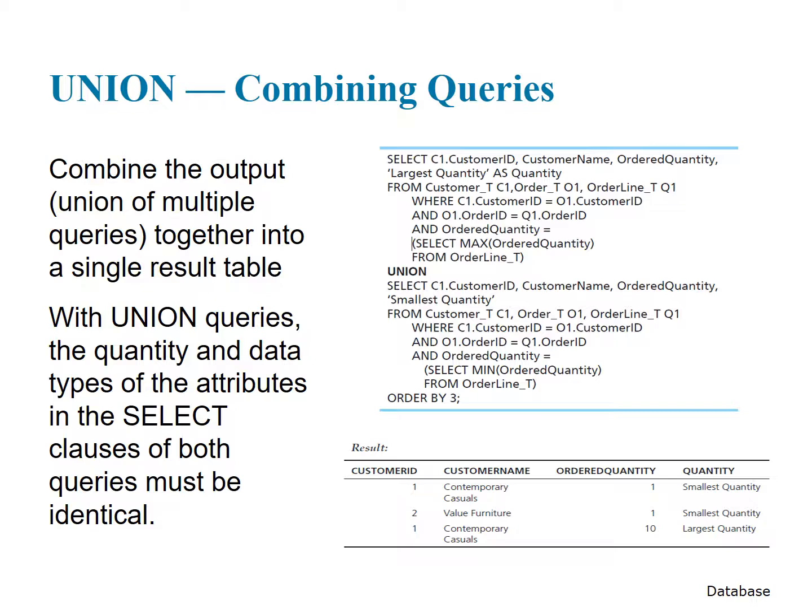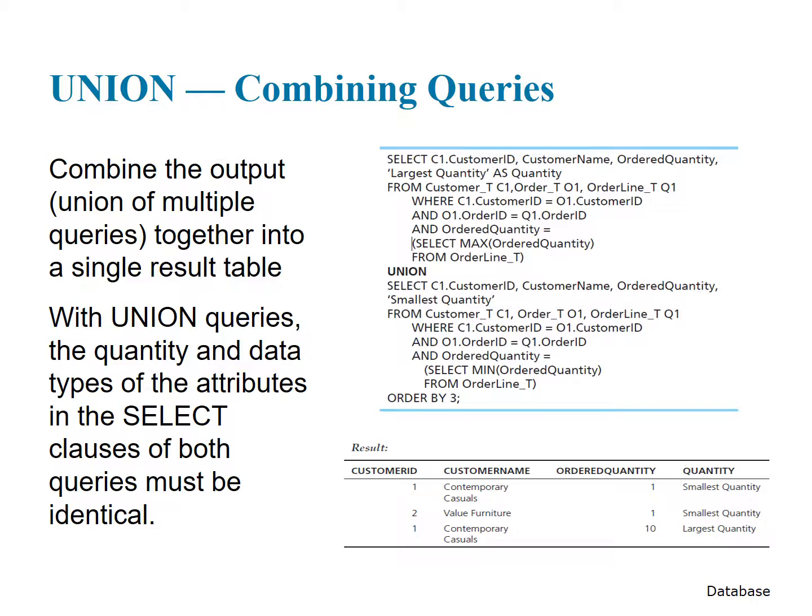Select C1.customer ID, customer name, order quantity, 'largest quantity' as quantity from customer table C1, order table O1, order line table Q1 where C1 table customer ID equals O1 table customer ID and O1 table order ID equals Q1 table order ID and order quantity equals open parenthesis select max order quantity from order line table union select